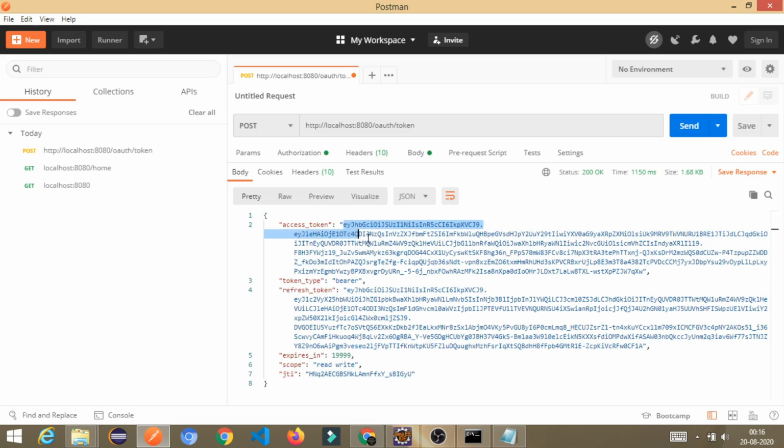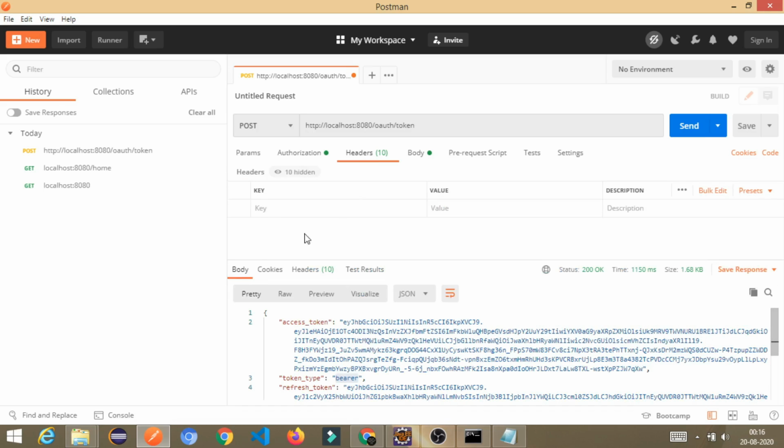So what you have to do, just copy it. Wait, before copying it, first you have to use this word bearer. Just copy this word and go to the header section, and here you have to write authorization.